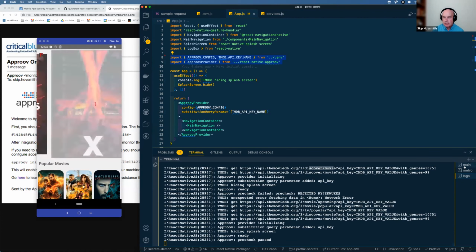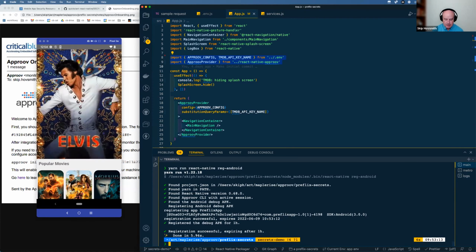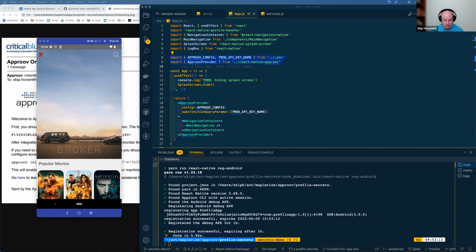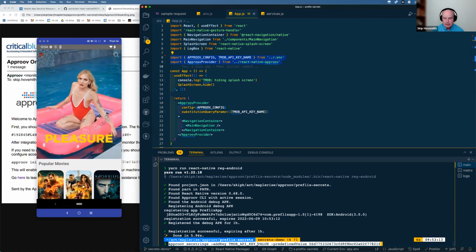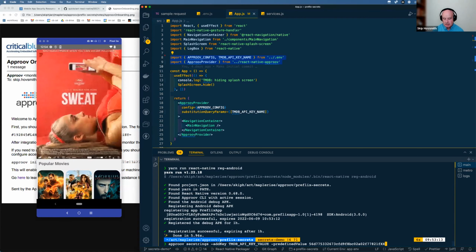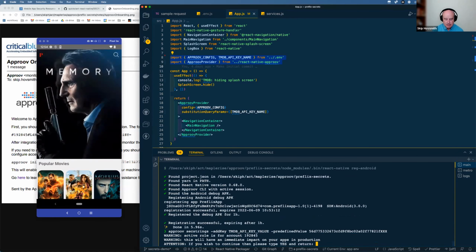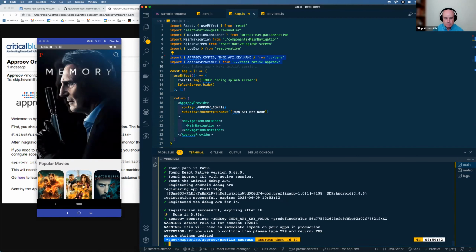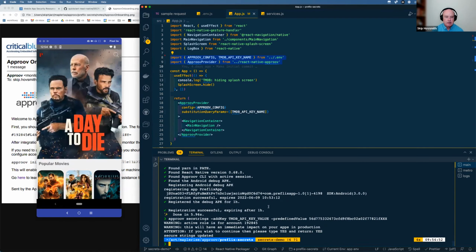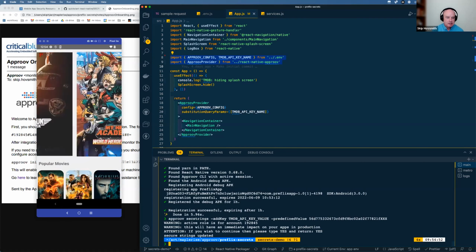So we can test that by taking the existing Approve setting and just changing the key on the fly. So if this was the original key, let's just add 3 X's to it to make it an invalid key. So I'm now pushing this to the Approve cloud. It's telling me to be careful. I pushed to the cloud. So now, in a sense, imagine that the API key has changed.